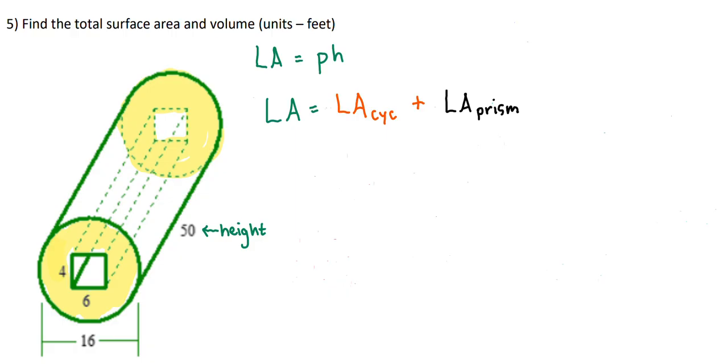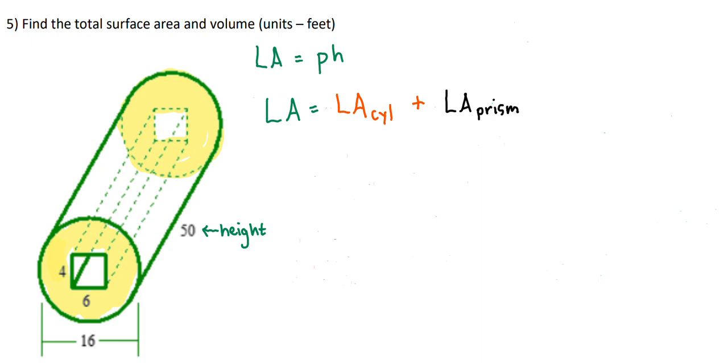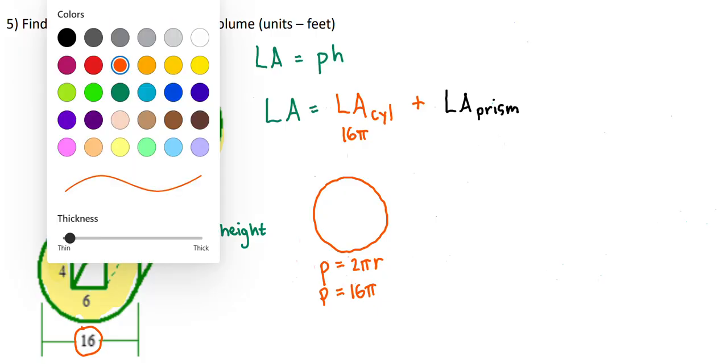If I'm going to think about the cylinder, the lateral area of the cylinder would be the perimeter of the base. So I'm going to draw just the base of the cylinder. The perimeter of the base would be 2 pi r, and r for us would be half of 16. So the perimeter is going to be 2 times 8 pi, or 16 pi. The other way of thinking about the perimeter formula is pi times the diameter. So the lateral area is going to be 16 pi for the cylinder,